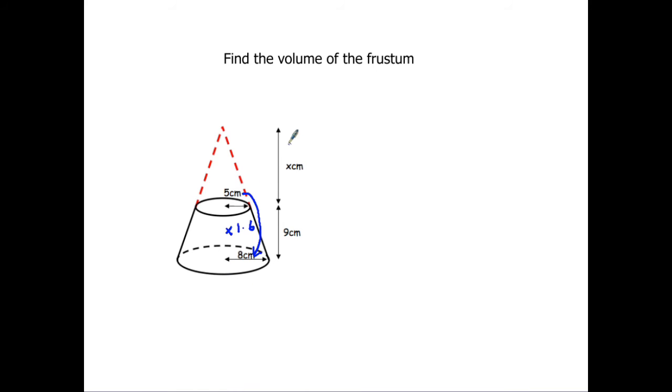And now what that also says is that x here times 1.6 must be the same as x plus 9. So we can write that down. We've got that x times 1.6, or just 1.6x, must be the same as this distance here, x, add another 9. That's because they are similar shapes. So we're just going to move this equation round and solve it. So we'll bring all the x's over to here. So 0.6x, if I take an x away from both sides, gives me 9. So then I divide both sides by 0.6. So x is